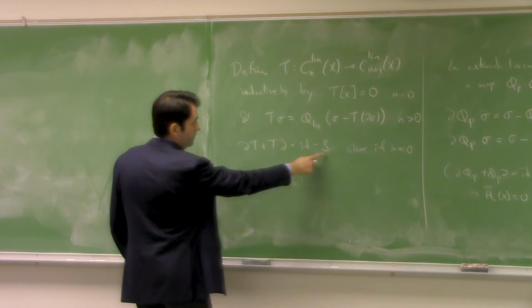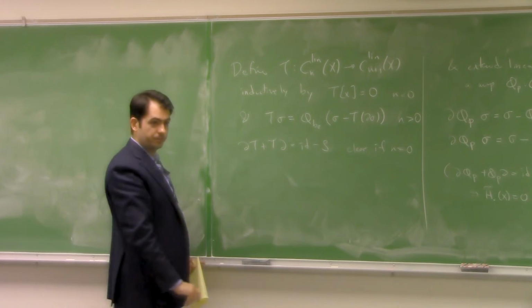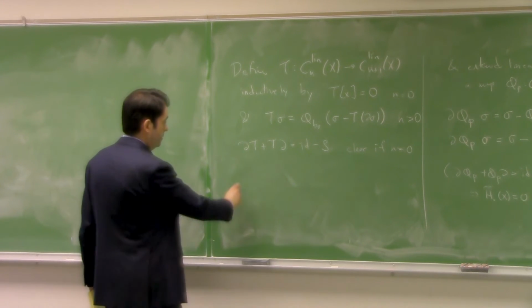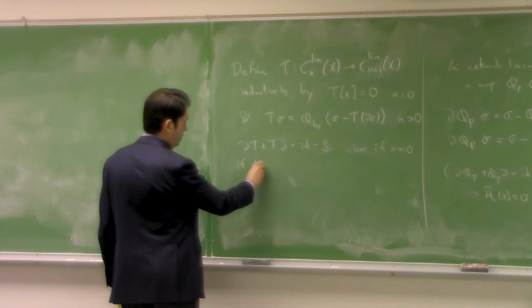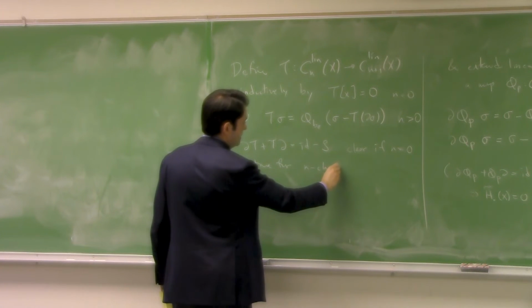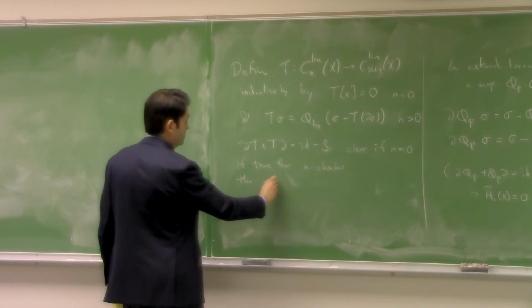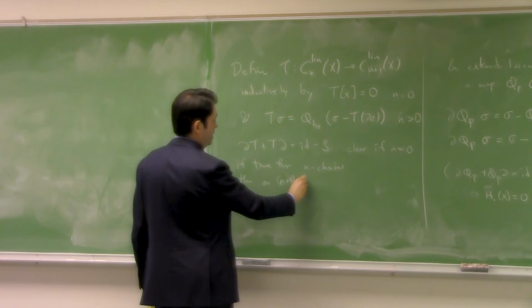S is the identity, and both boundary and T give you 0. So if we know this for n chains, then on n plus 1 chains,